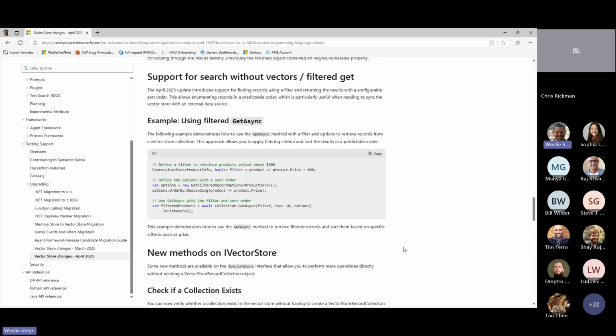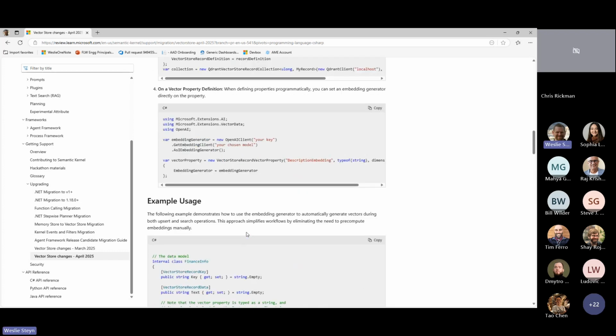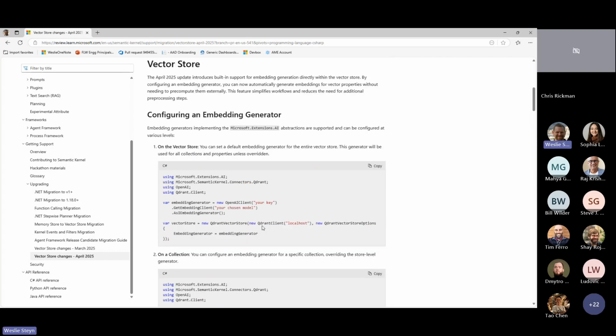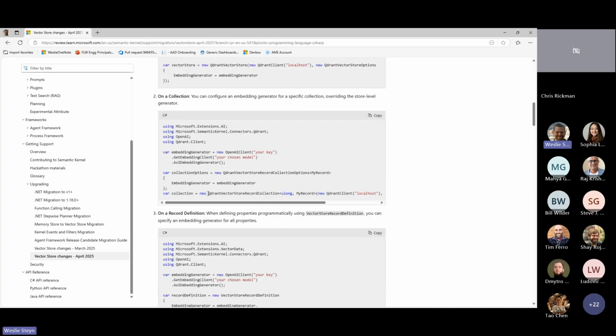So I'll show an example here if I can. Let's see if there is one. Yeah, so for example, when creating a concordant vector store record collection, for most of these implementations, you could create this and just specify your record and not specify a key. Because of the changes with the dynamic, the dictionary support, this is now required for all of them. And that's pretty much it.